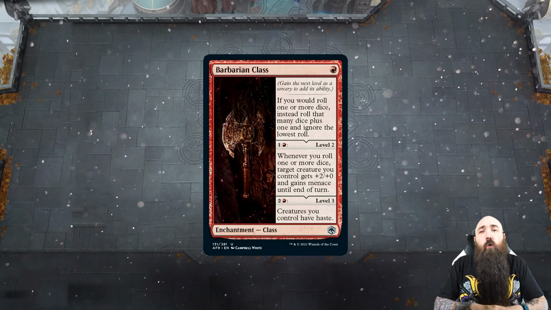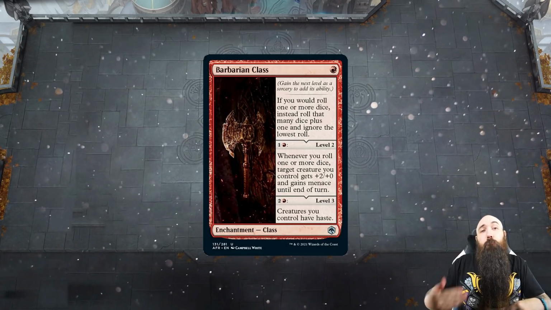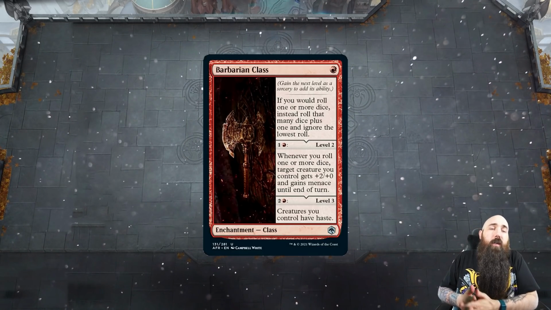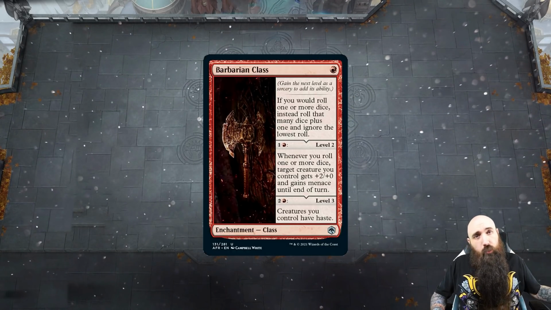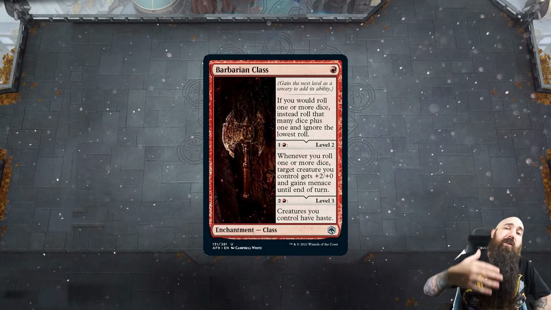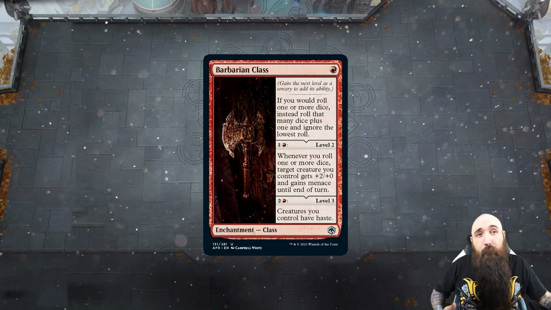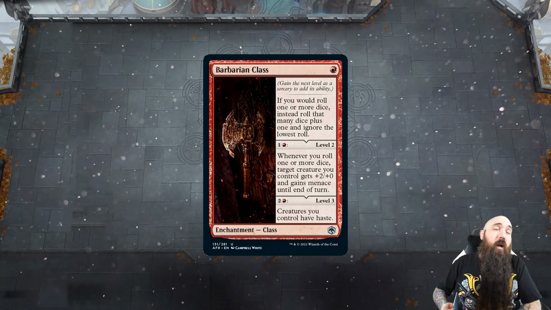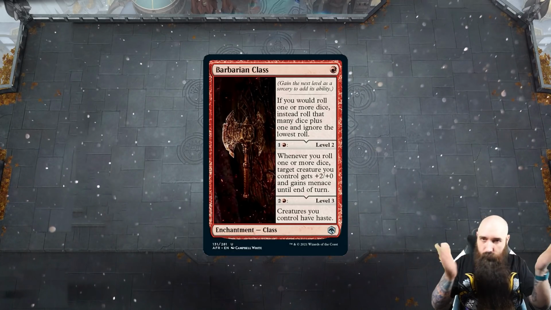Whenever you roll 1 or more die, target creature you control gets +2/+0 and gains Menace until end of turn. So again, if we have Mirror March out and we create a bunch of different tokens, we're rolling a die for every single one, which means Barbarian Class can give every single one +2/+0 and Menace, which means we have a ton of various 8/6s with Menace,